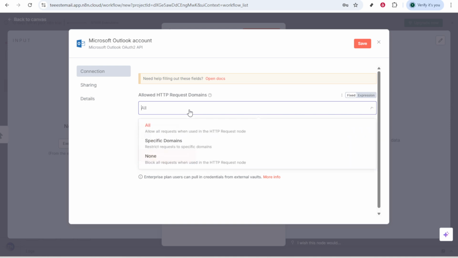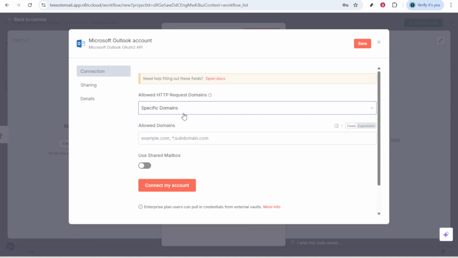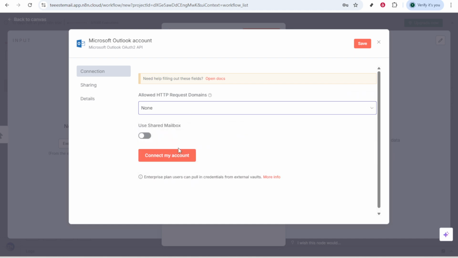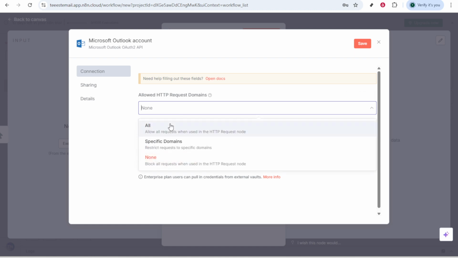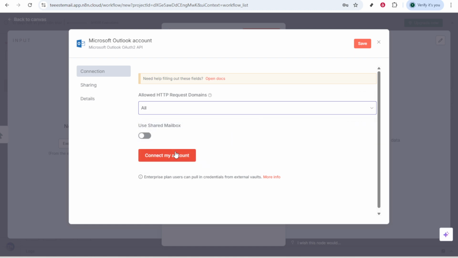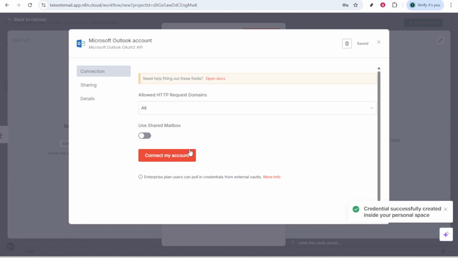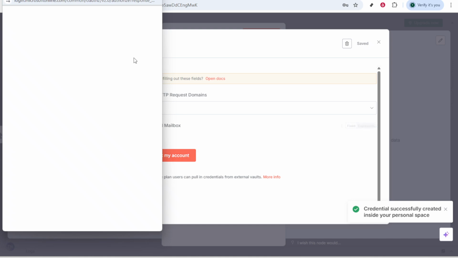Now you'll move on to connecting your account. In the newly opened authentication window, you'll be prompted to log into your Microsoft Outlook account. The prompts will guide you through the authorization process clearly. Make sure to follow each step carefully to grant n8n the necessary permissions. Essentially, you are allowing n8n to access the information and functionalities of your Outlook account, which is similar to how